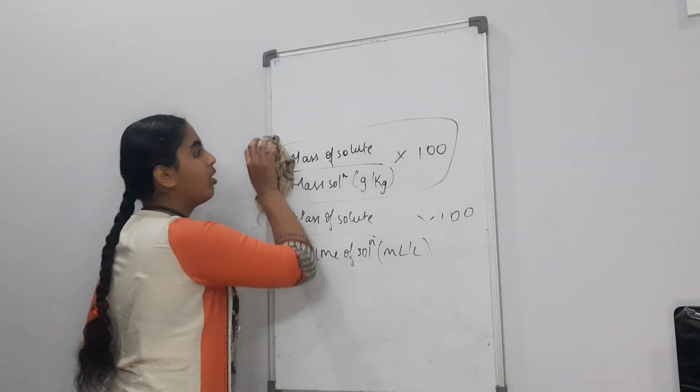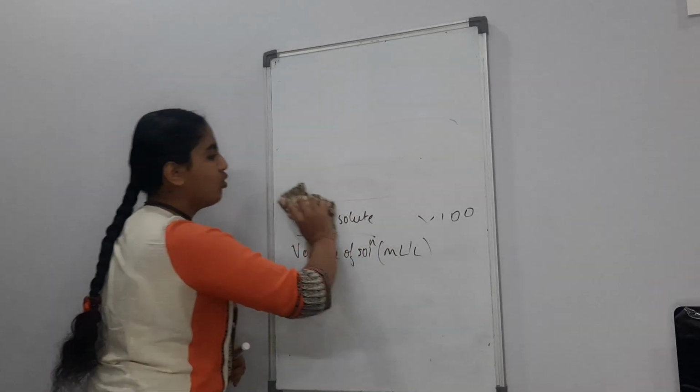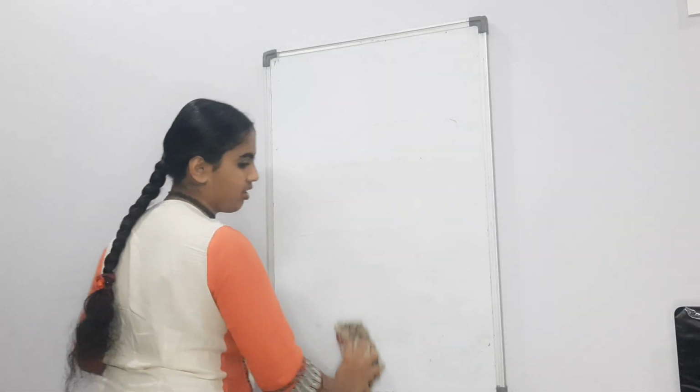Now moving on to what the strength of a component in the solution is. What is strength? Molecular mass into its molarity. For those of you who have had your chemistry practicals, I'm sure you know what strength is because you have done volumetric analysis in your practicals. And in volumetric analysis, you have to find the strength of KMnO4, right? Strength is molecular mass into molarity. That about sums up what the strength is.